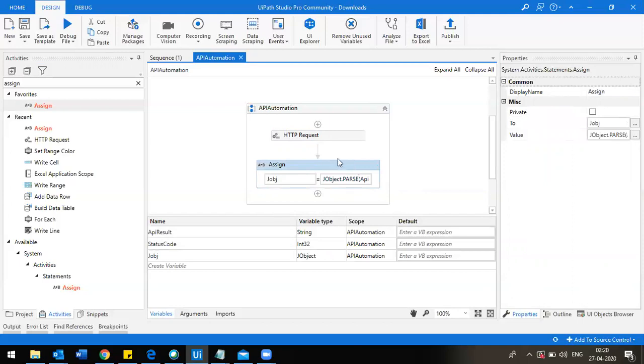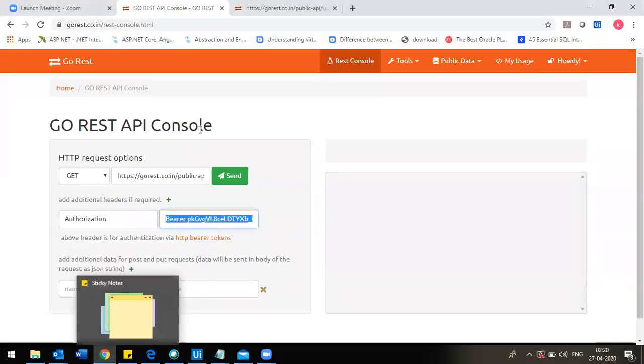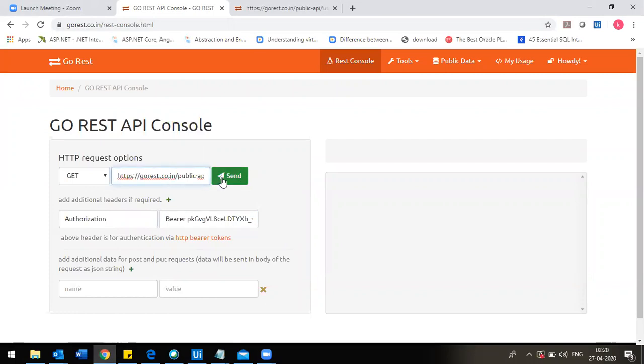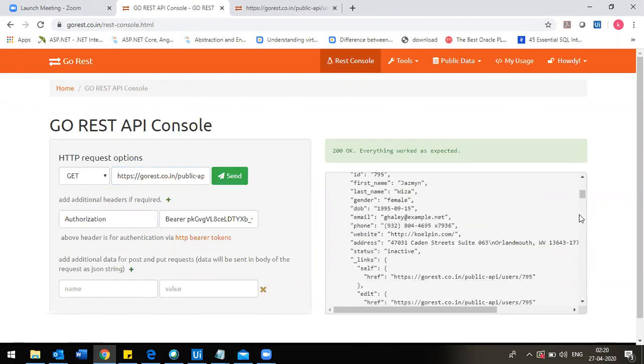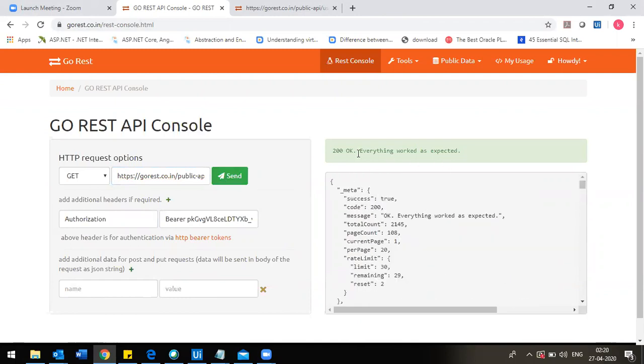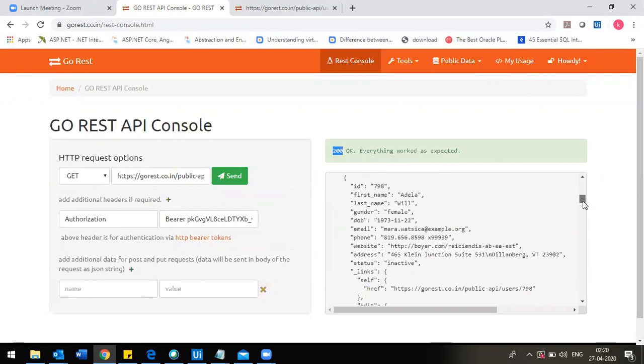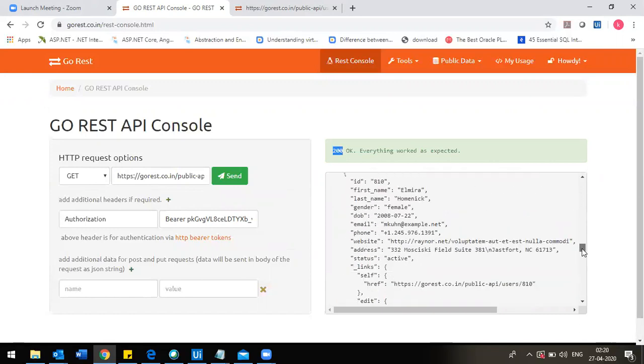Okay, so I'm going to the website. On this website also you can directly see the result. Just click on this, and this is your data. This is your response. You see here the status code is 200, and this is your JSON result data.